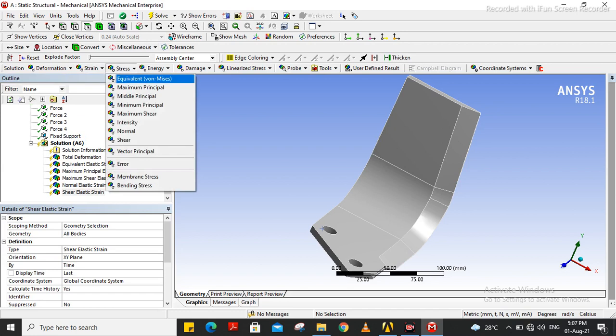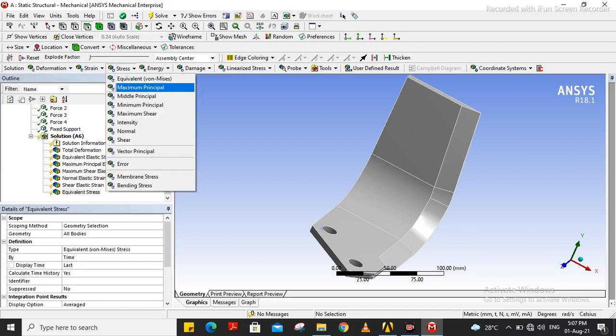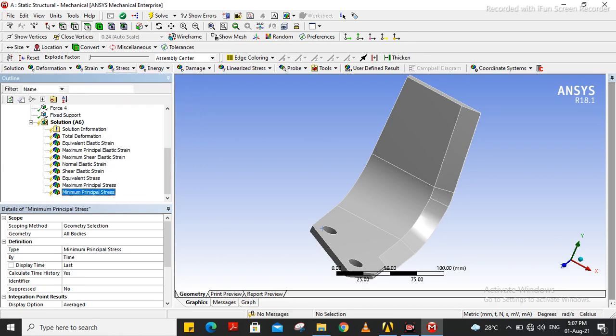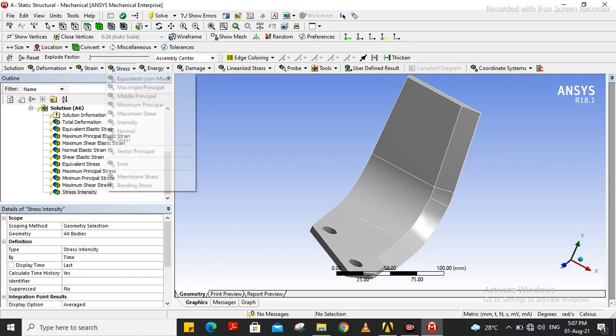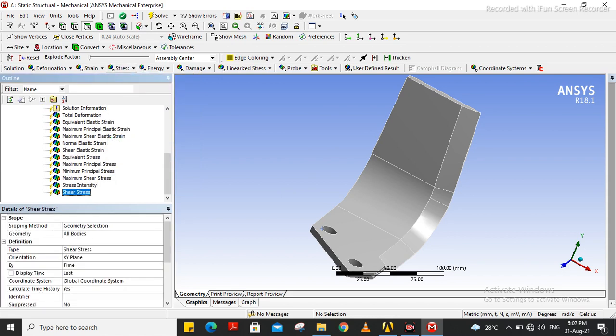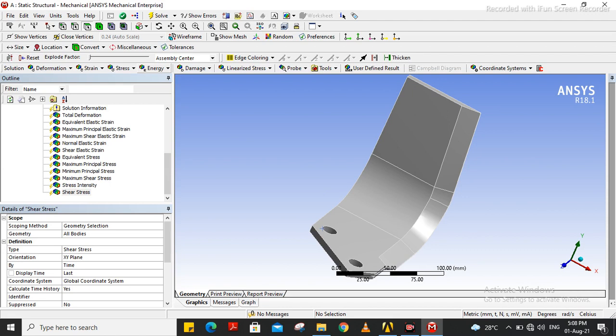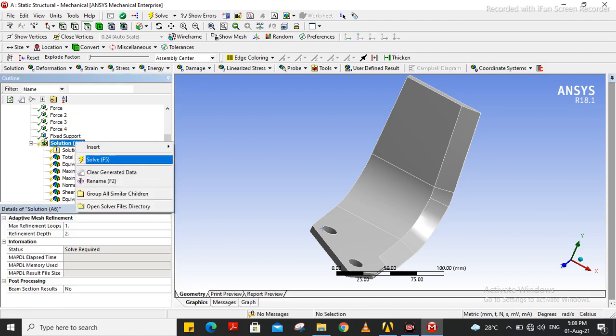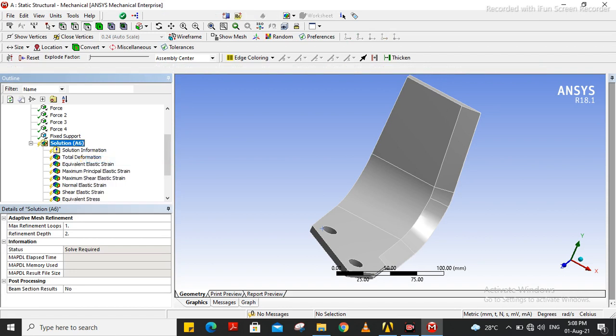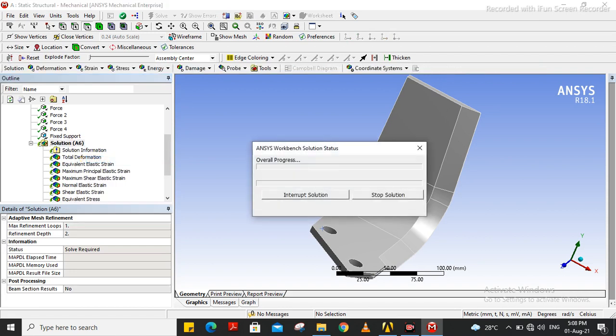Then stresses: equivalent stress, maximum principal stress, minimum principal stress, maximum shear, intensity of stress, then shear stress. These are the things that we need to see over here. That is sufficient, and again we will go for solution over here. Solve, automatically everything will be solved.